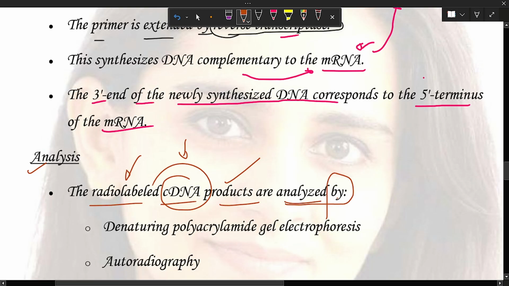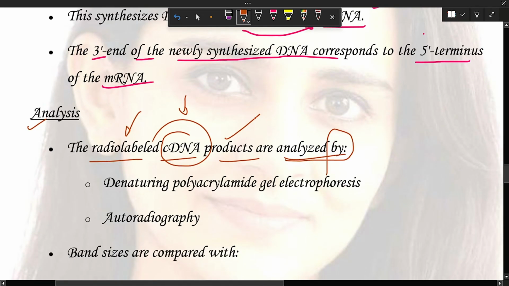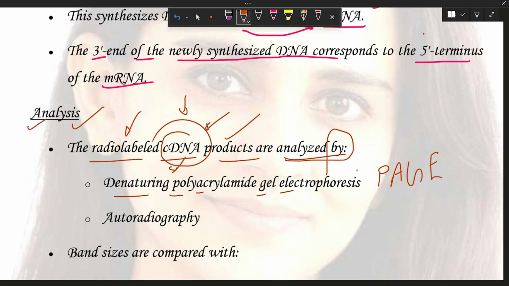So this radio-labeled cDNA product will be used for analysis. First we denature it with the help of PAGE, polyacrylamide gel electrophoresis.